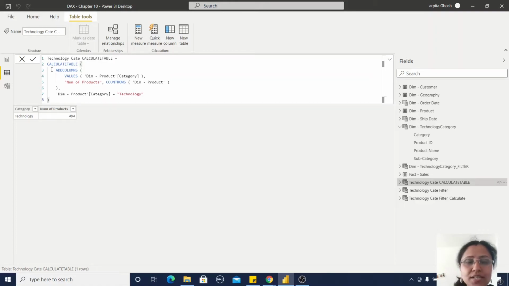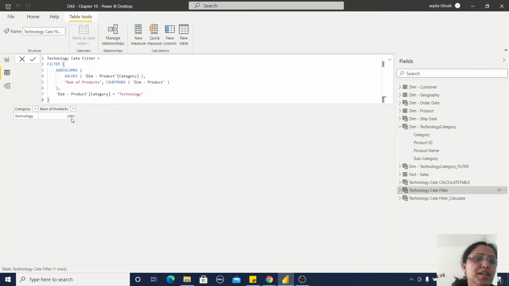How is it calculated? The CALCULATETABLE function first sets up the filter context, and based on the filter context it provides the result. Okay, now instead of CALCULATETABLE, if I replace it with the FILTER function, and other things are the same, let me show you what will happen. I am just replacing CALCULATETABLE with FILTER, and the other columns are the same.